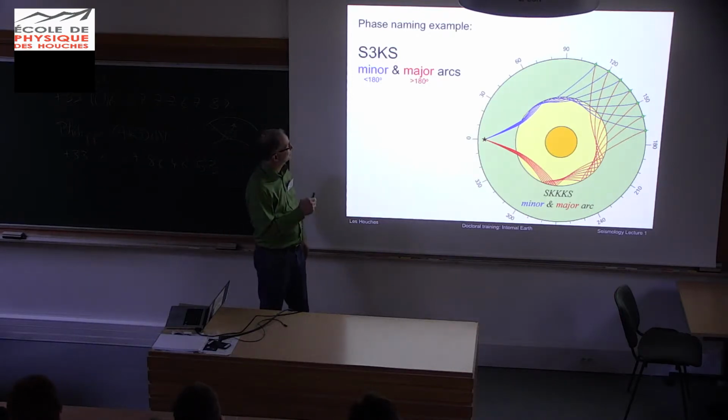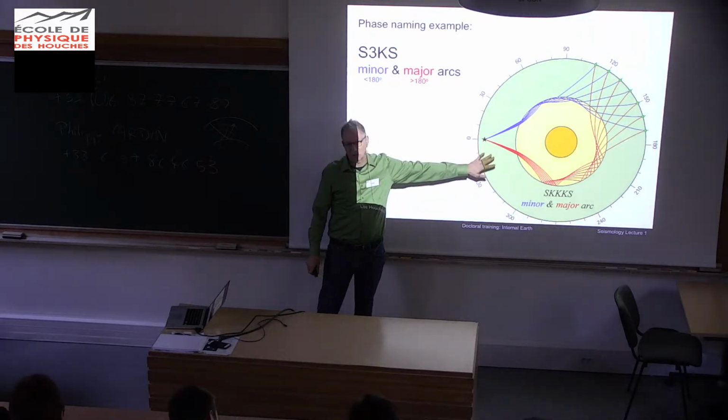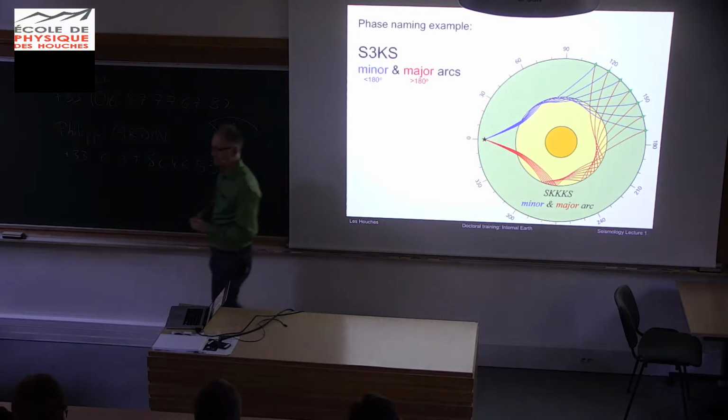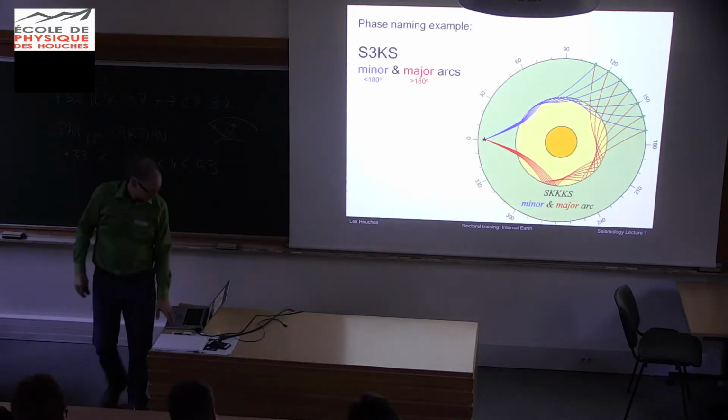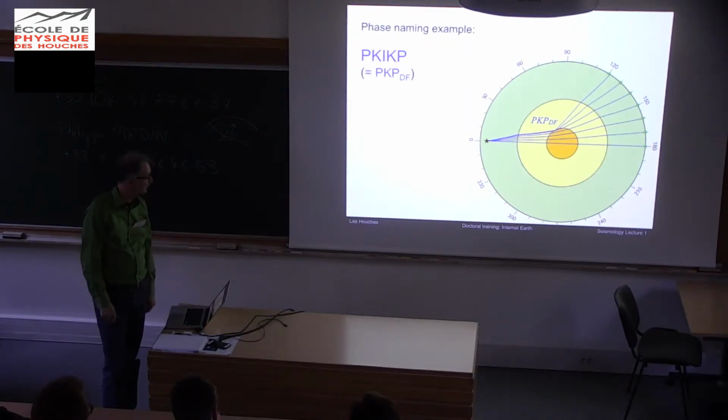Minor arc is the one that is less than 180 degrees. Major arc goes a long way around the planet. And this is a body of information that has largely been ignored in seismic tomography, and it's a huge source of information, and I'll talk about that in a couple days, because I think it's a powerful use of information we've been leaving alone.